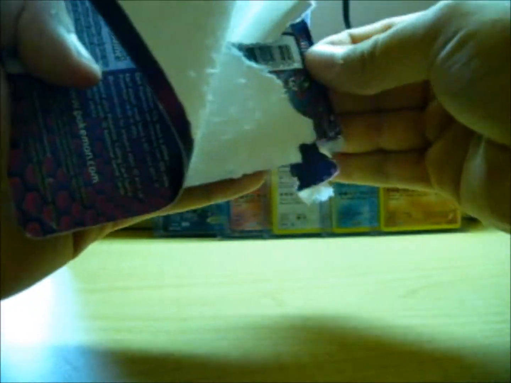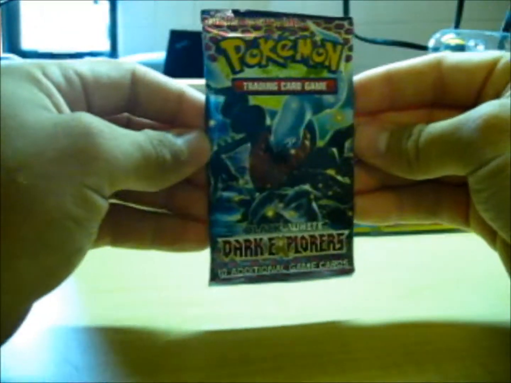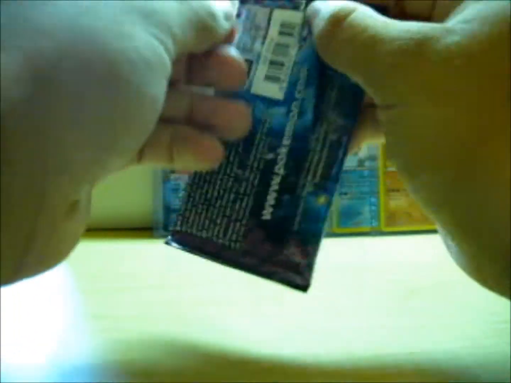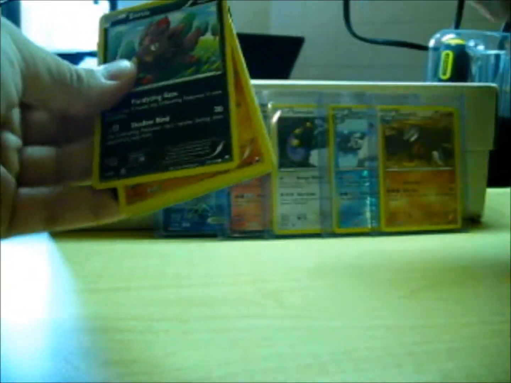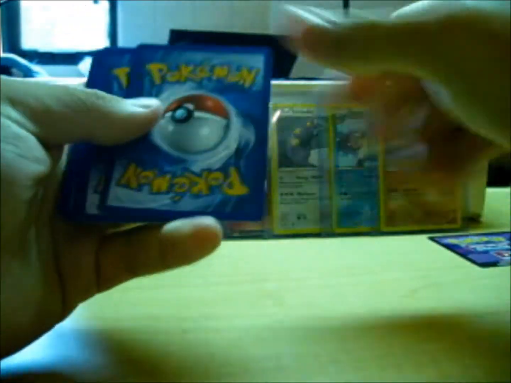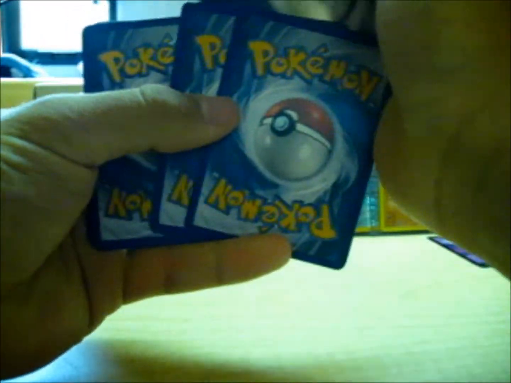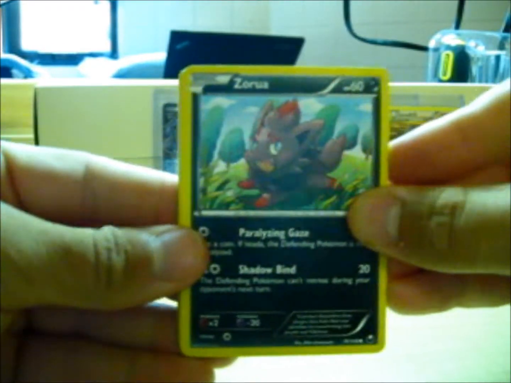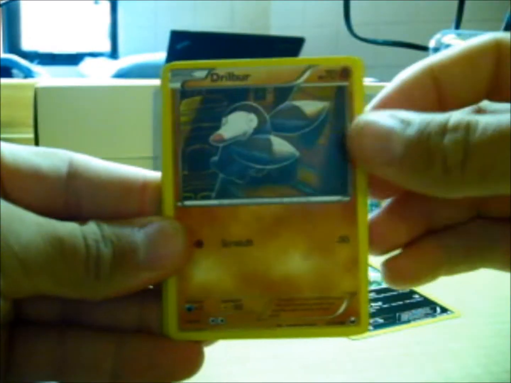So let's get started with this first pack. Hope for some holographics, full arts, EXs, all that good stuff. Online card, as always. Alright, so let's see. We got a Zorua, got a Drillbur,